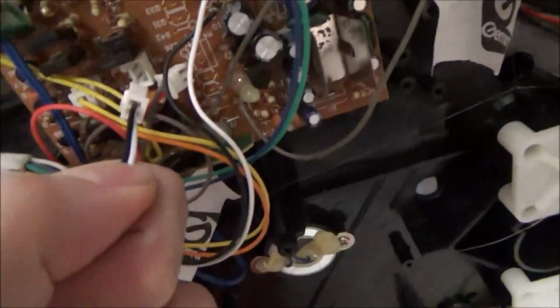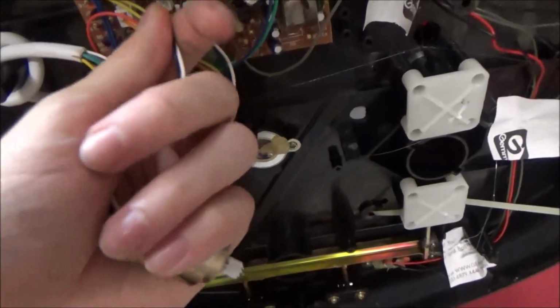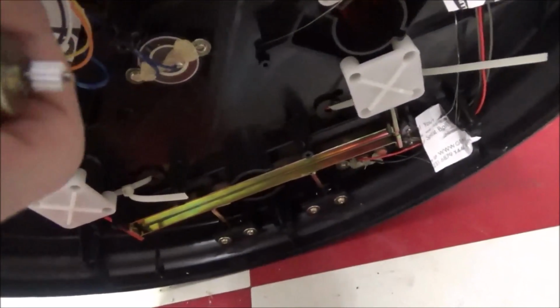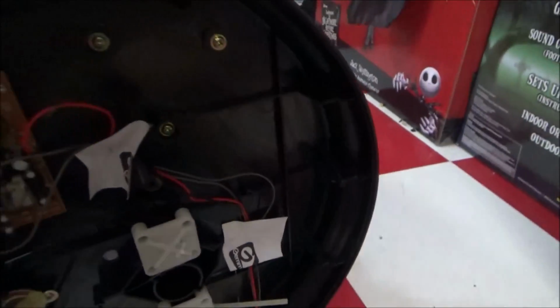This harness right here is for the torso. So I plugged the torso in. I'm going to plug it in for you just to show you what's going on. Plug it in there. And when I also plug the actual unit in,